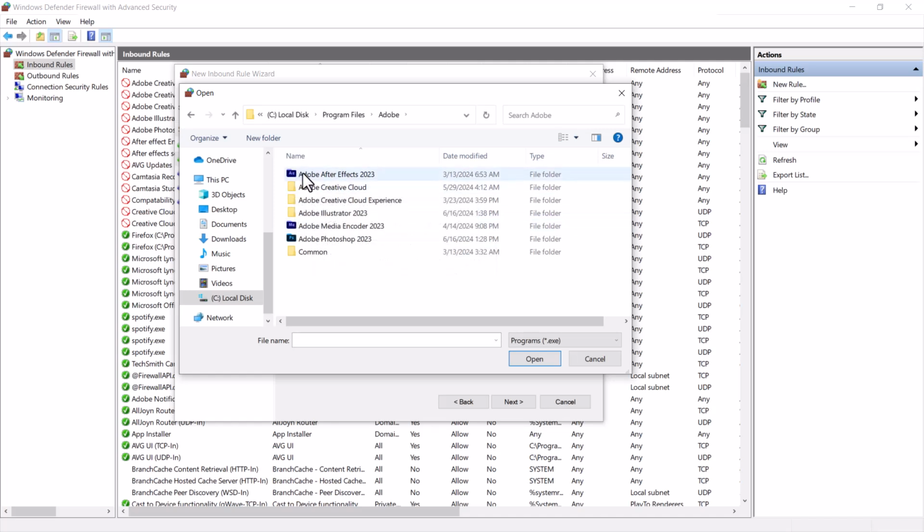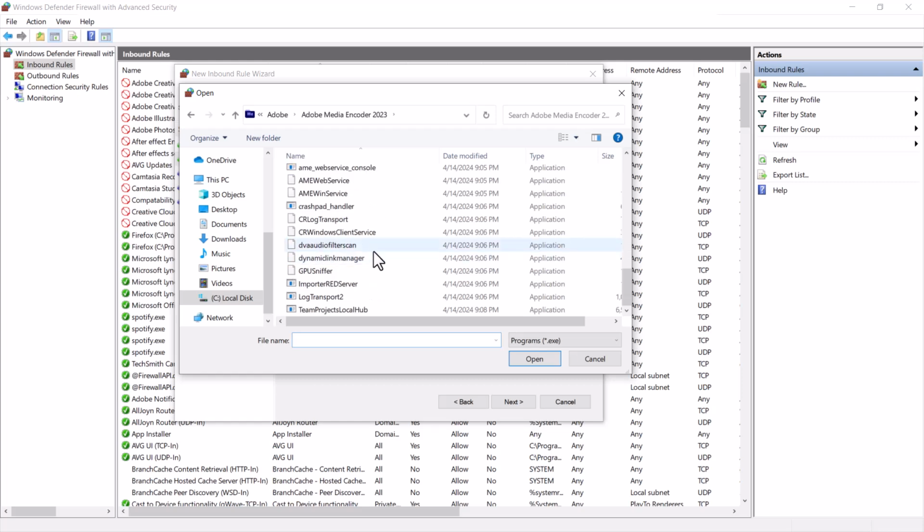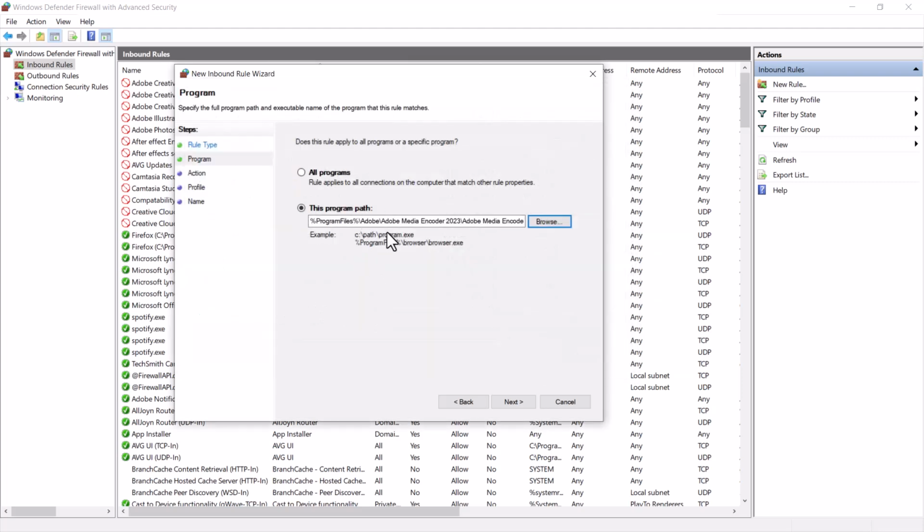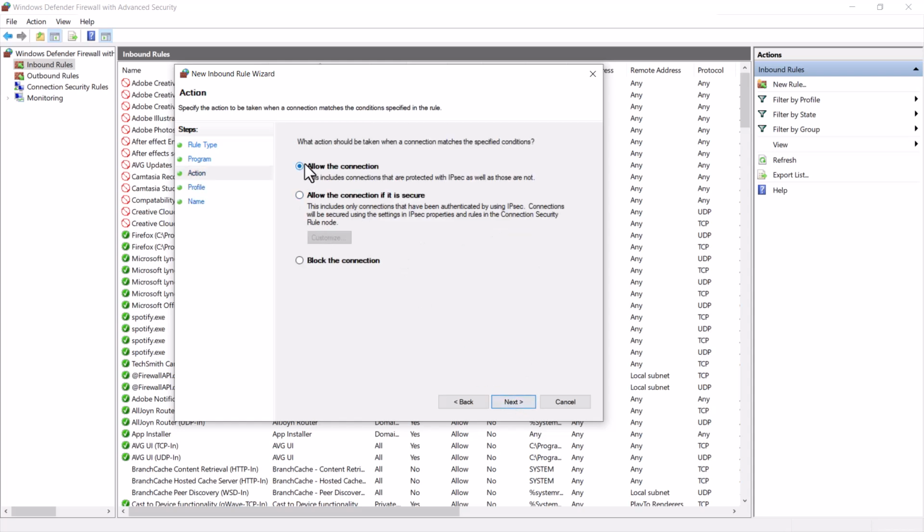I already blocked Adobe After Effects and Adobe Photoshop. So I'm just going to block Adobe Media Encoder, and then I have to scroll down and select this particular one. I think it has different software parts here. I'll just click on this first one, which is the main Adobe Media Encoder. And yes, you can see it's already given me the path to the exe file here. So I'm just going to click on Next,